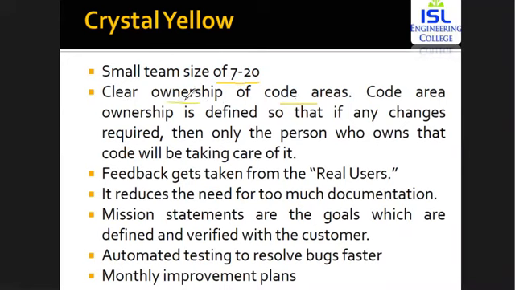That is, you can have a particular agency where you've got different partners, and different partners are going to focus on specific code areas. This is where, from this particular area, they're going to take the profits. So you've got clear ownership of the different code areas, and this ownership is defined so that if any change is required, only the person who knows the code takes care of it. The person responsible for that specific code area is the only one who makes those changes within that specific department, or the particular person that he has hired for coding.